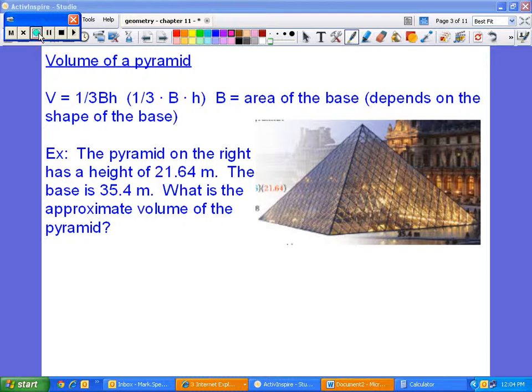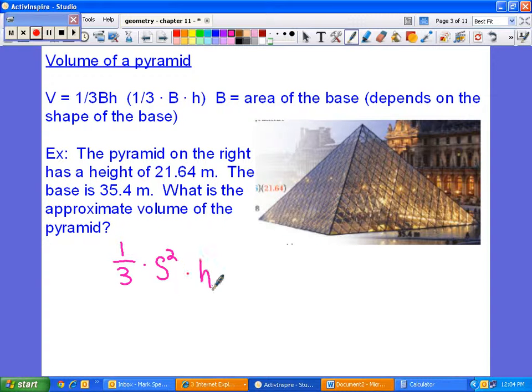Again, all you need to do is plug in the numbers. Write down 1/3. Now in this case, instead of writing the B, write down the formula for the area of the square. You can use length times width. My preference is to use side squared because it's a square. And then the height. And then all you have to do is plug these numbers into your calculator. So it's 1/3 times 35.4 squared times the height,